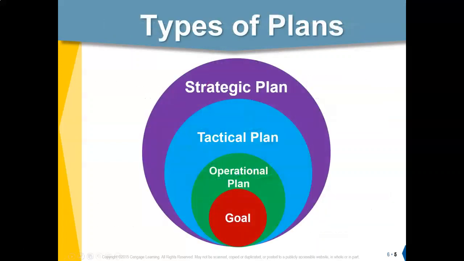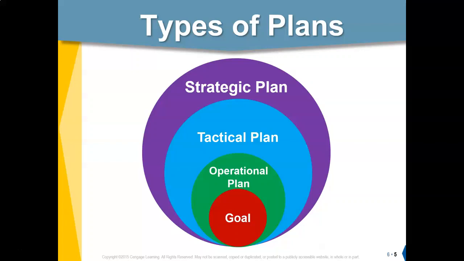There are several types of plans that people in business put together over the course of the year, sometimes more than once a year, to figure out what they should be doing, where they should be going. And these plans are described in your book, but I wanted to mention the types so that you can get a sense of what your bosses might be doing if you are an entry-level employee.